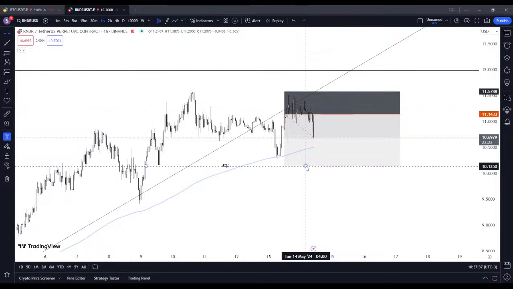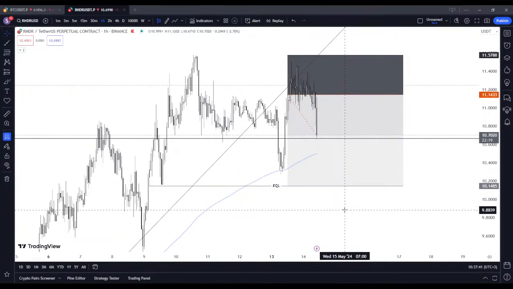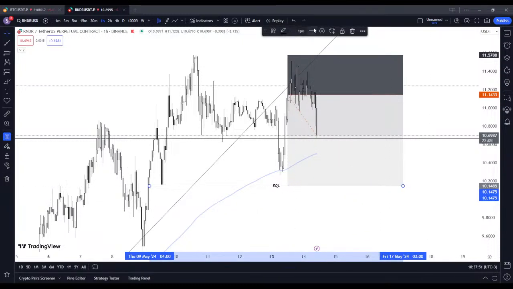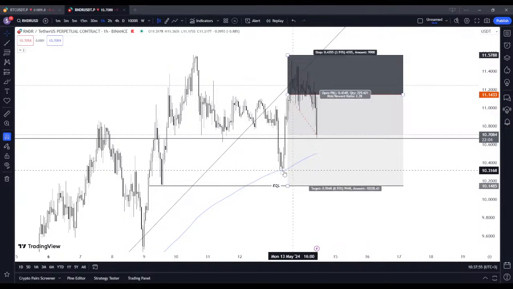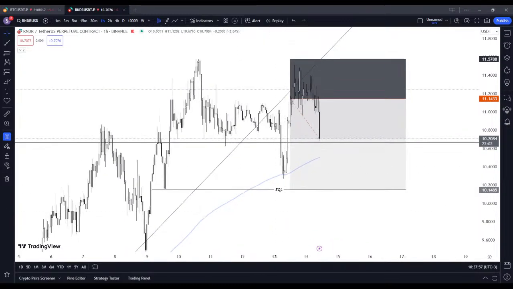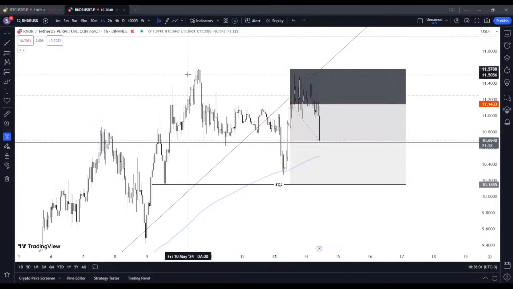We have a nice draw of liquidity, and you know that I care more about my take profit area than I care about my entry or stop loss. Because if you don't have a take profit area, well, there is a low probability, because you are thinking, okay, what's the probability for the price to go there? If it's a low probability, then your setup might not work.